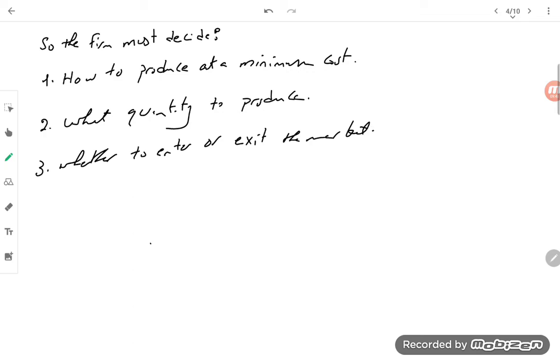So let's start with output decision. The perfectly competitive firm is going to choose the output that maximizes the economic profit. One way is to use total values in order to determine the optimal or the efficient amount of output: total revenue and total cost curves. So if you are going to draw